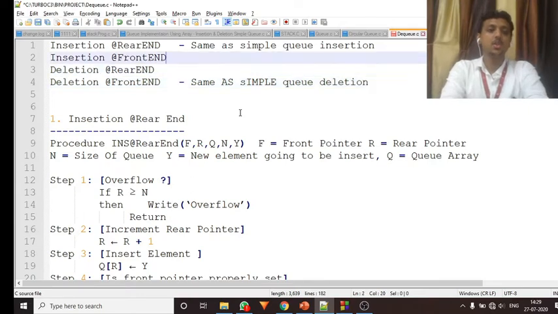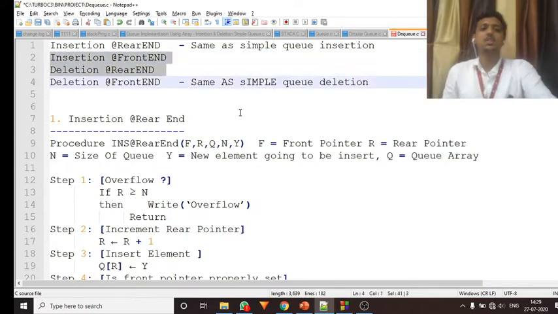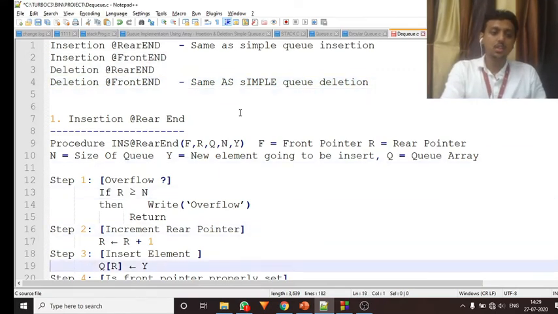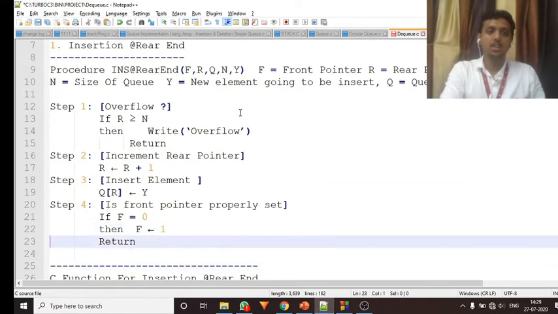So we just need to write the C code for the other two, insertion at front end and deletion at rear end. But still, I'll show you quickly how we can convert the insert at rear end algorithm.